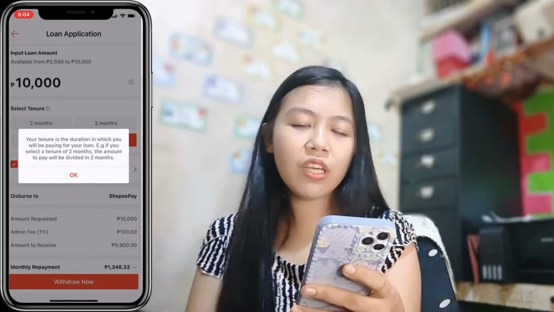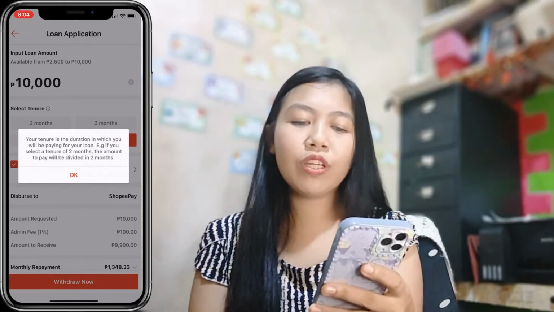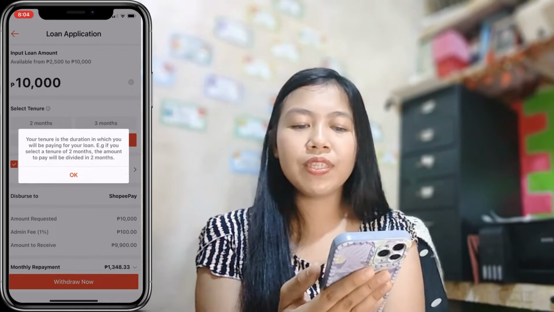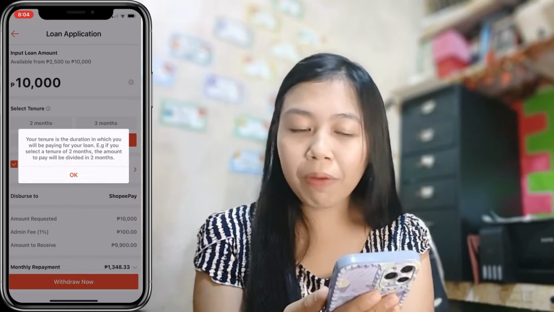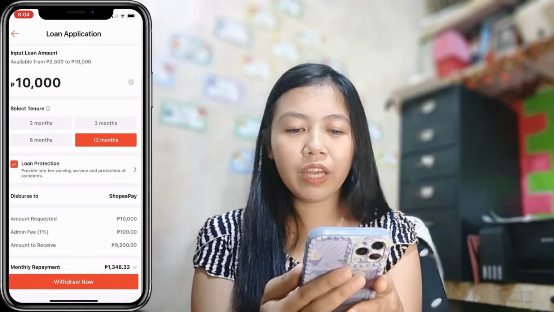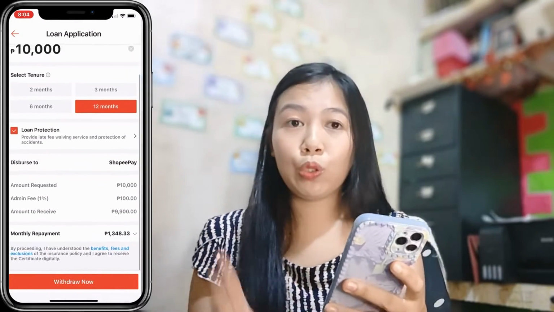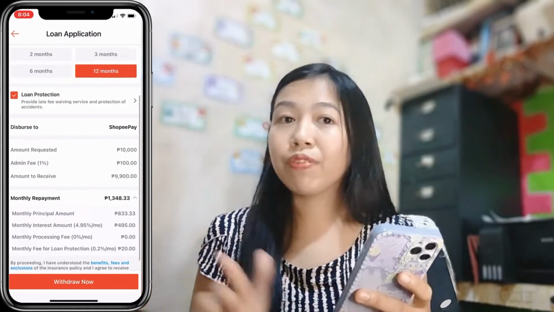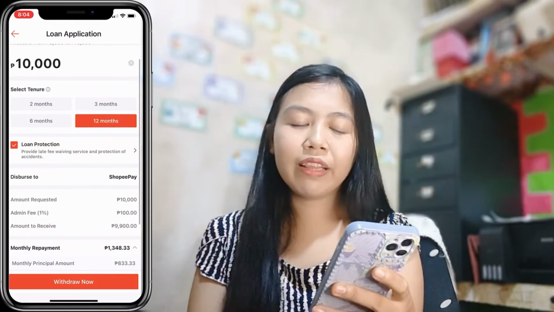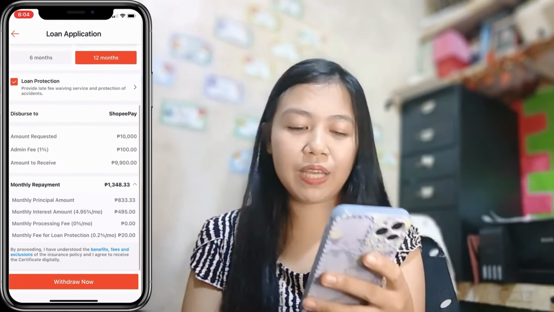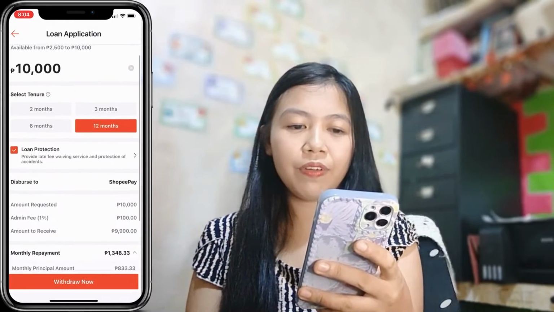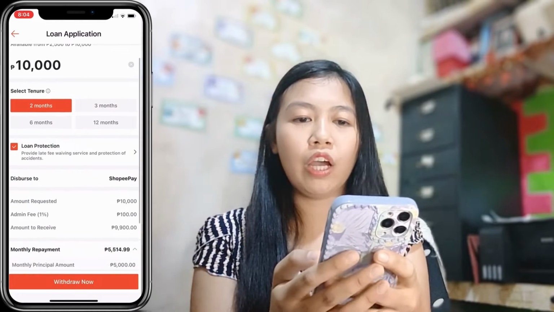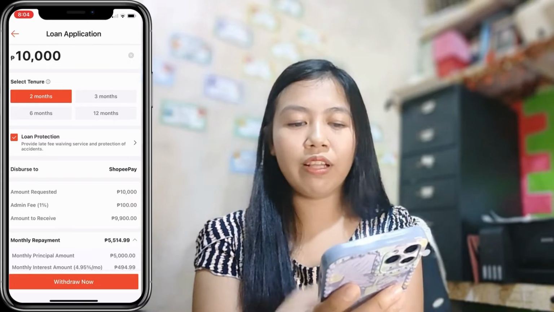This is the duration in which you will be paying for your loan. For example, if you select a tenure of 2 months, the amount to pay will be divided into 2 months. We are loaning 10,000, so my monthly will be about 5,000. I'll be selecting 2 months only.